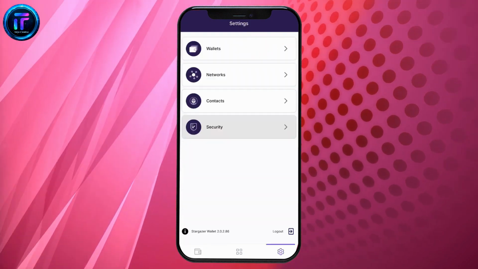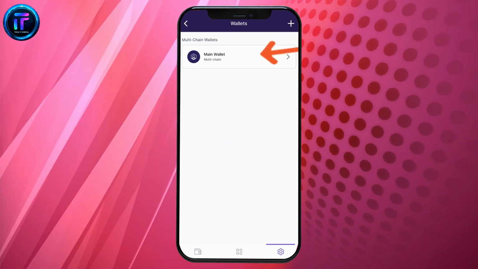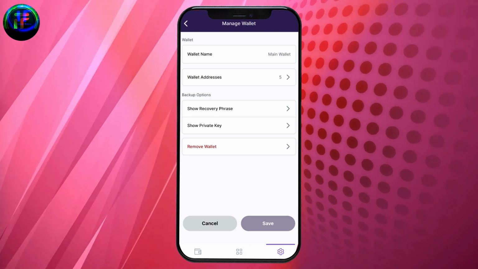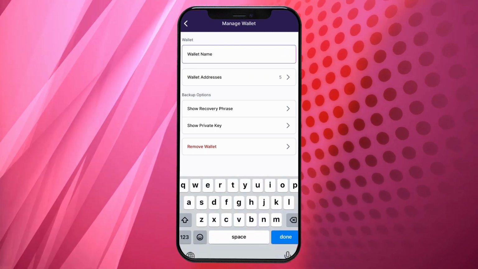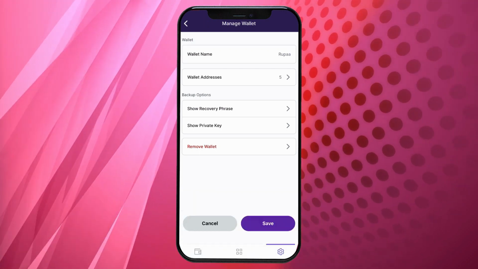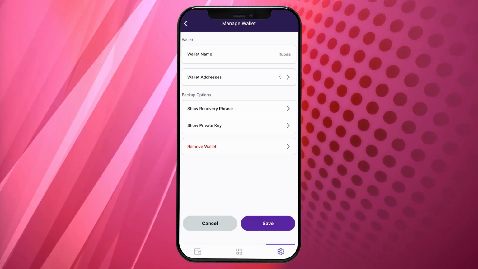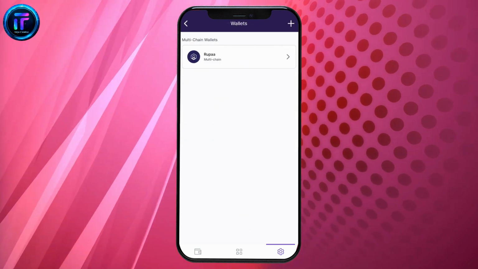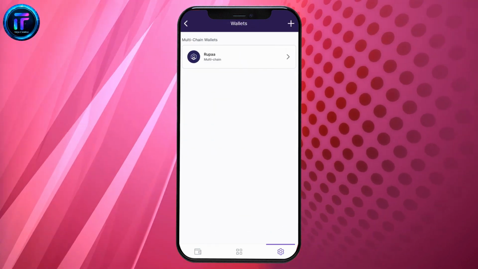Settings. At the very top, tap on the main wallet or the wallet that you are trying to change your name. Then, right next to wallet name, go ahead and erase the current name and type in a new name you would like to add as your wallet. Type in the new name you would like to change to. Finally, tap on Save in order to save your change, and there you have successfully changed your name on Stargazer